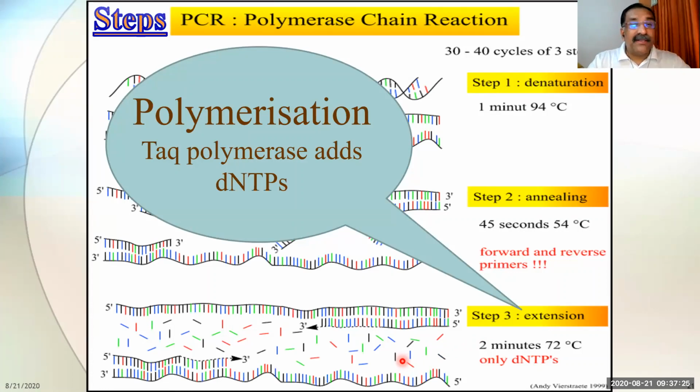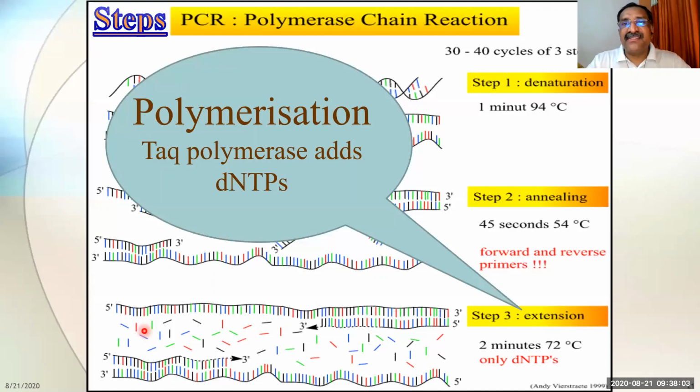Okay, the enzyme which is helping this process, the extension, is called the Taq polymerase enzyme. The Taq polymerase is a thermostable enzyme, and it executes this work of extension of the newly synthesized DNA strand, and this goes on till the end. So these are the 3 steps you have to remember.